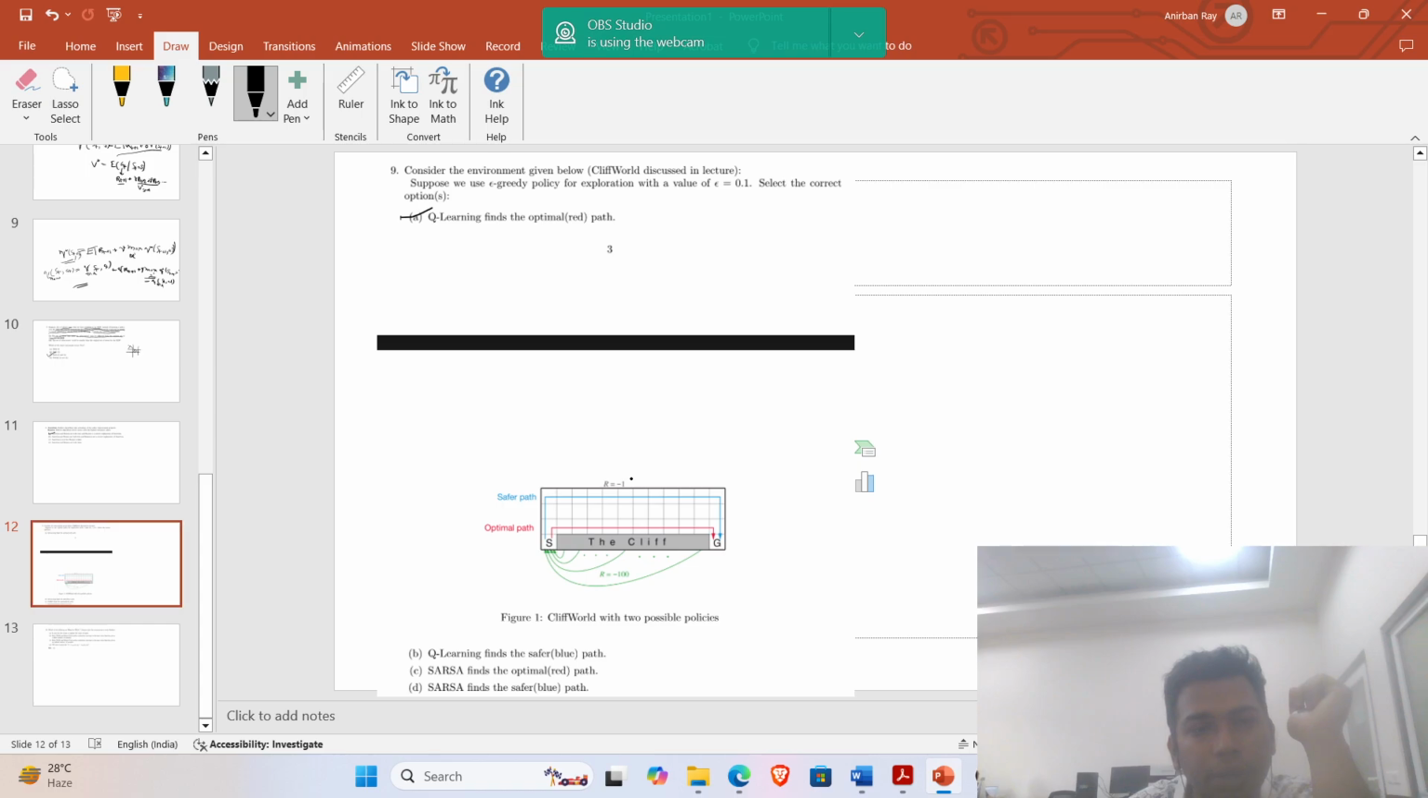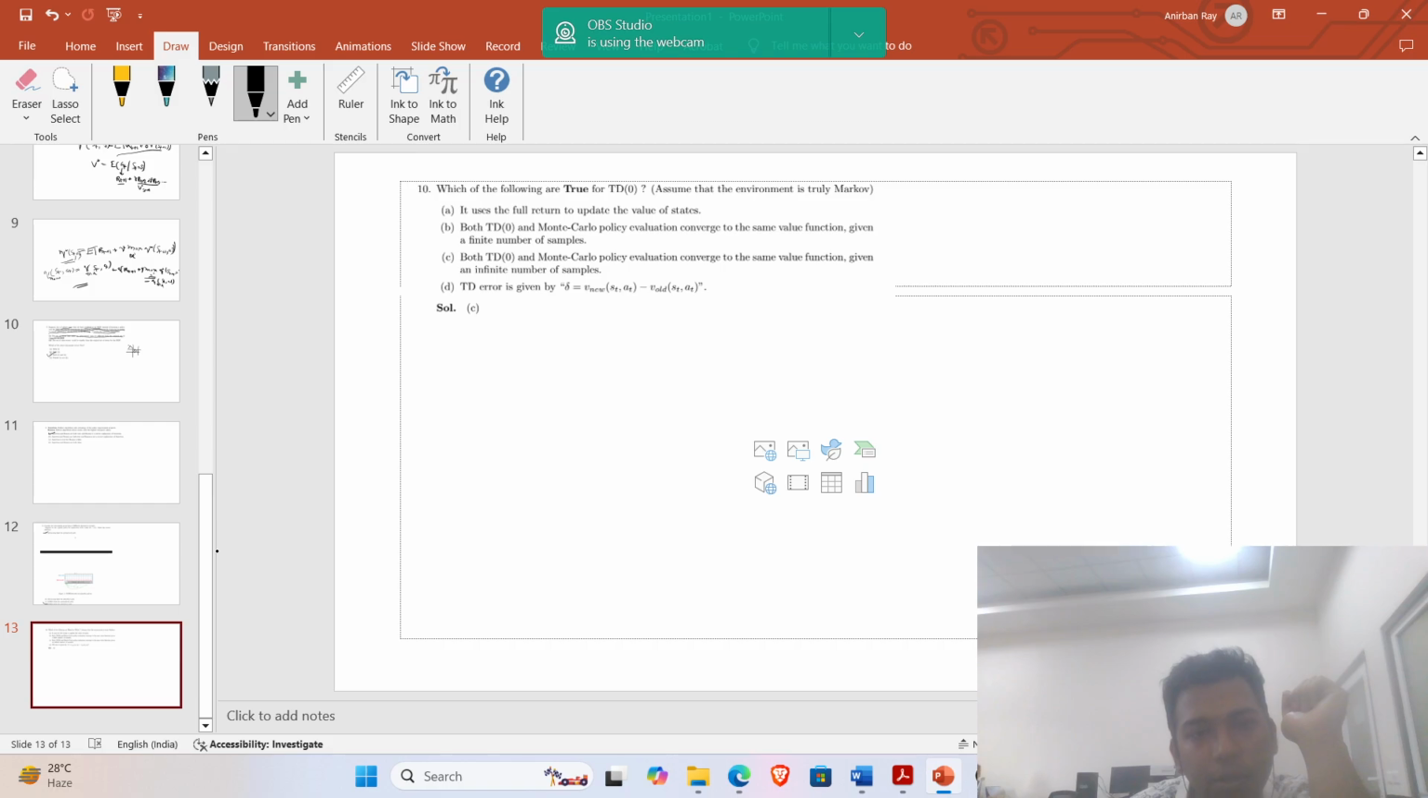So Q learning is A, and SARSA is D. I have explained why Q learning takes the optimal path, because it takes the optimal Q for the update rule, and SARSA takes the subsequent Q values for the update. Okay, next what we have here is